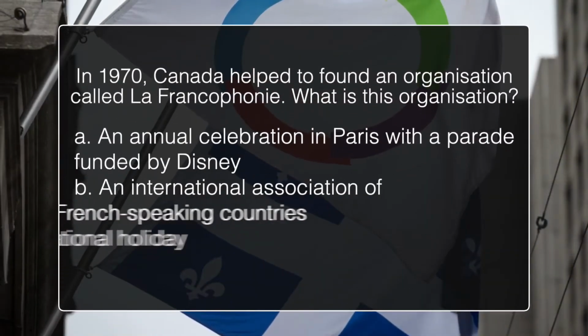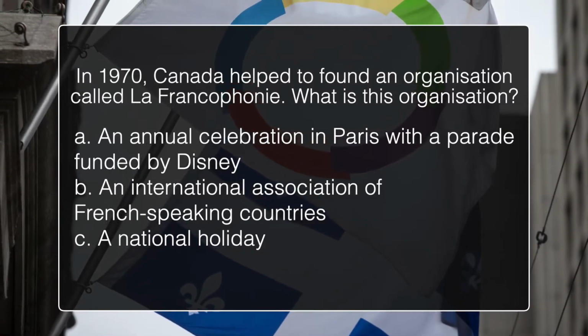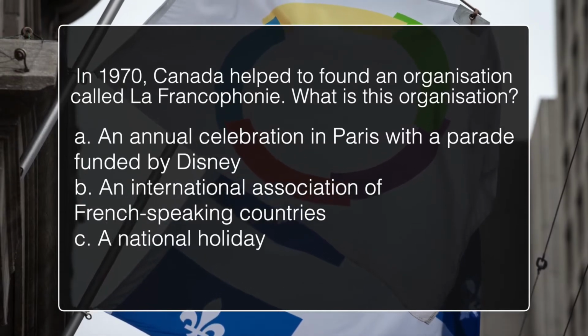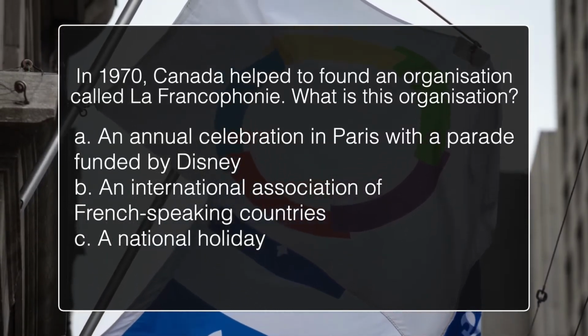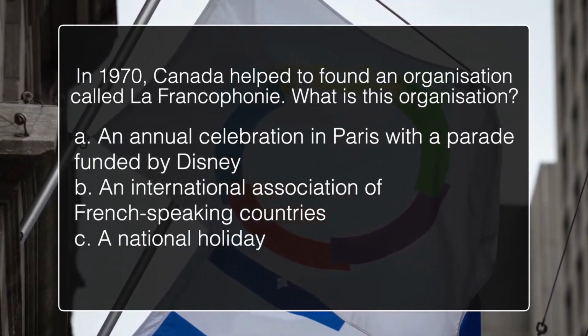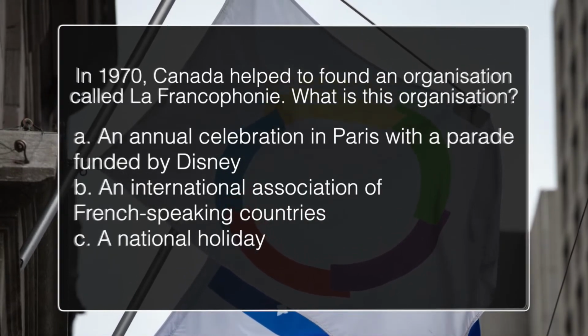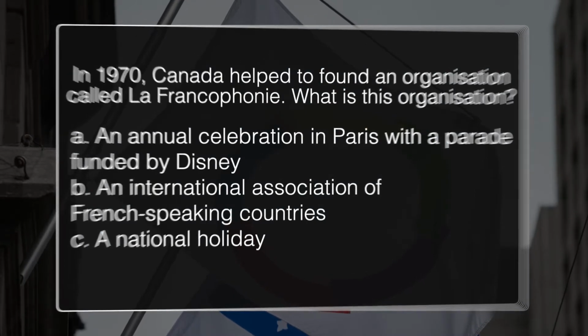In 1970, Canada helped to found an organisation called La Francophonie. What is this organisation? An annual celebration in Paris with a parade funded by Disney, an international association of French-speaking countries, a national holiday.